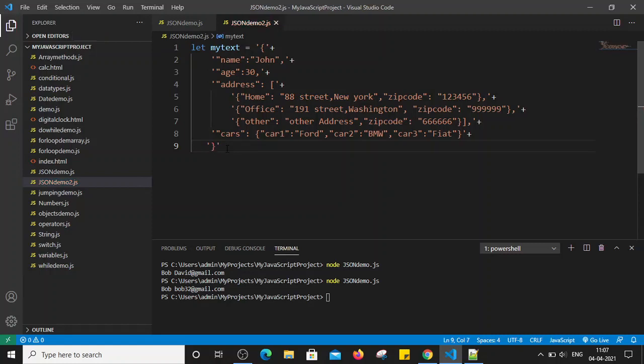So we have stored the JSON format as a string in the my text variable.